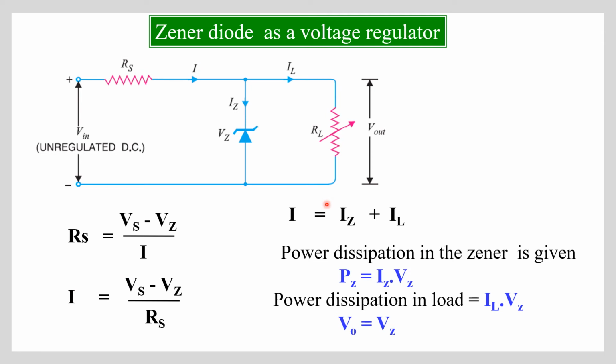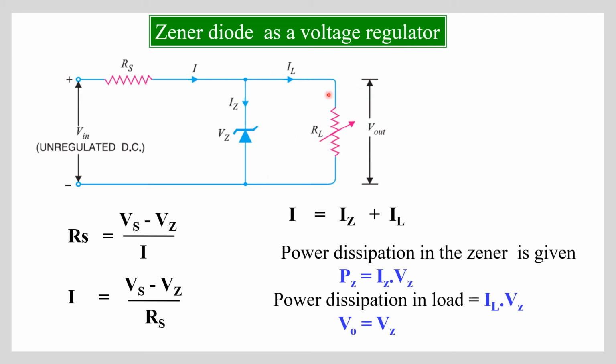So now we have seen the VI characteristics of Zener diode. Now let us see the Zener diode as a voltage regulator. We have seen the first blocks: transformer, rectifier, filter, and now the voltage regulator. We have seen why there is a need for a voltage regulator, because there is a fluctuation due to the AC mains or due to the load current, right? For that we use a voltage regulator. Here we are using a Zener as a voltage regulator.